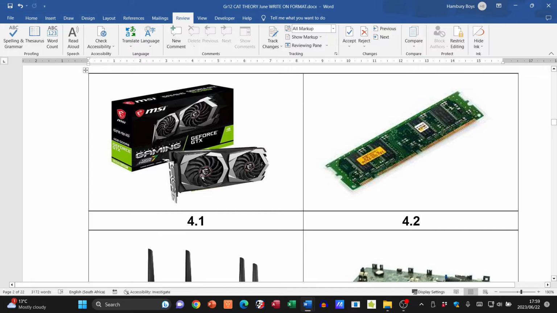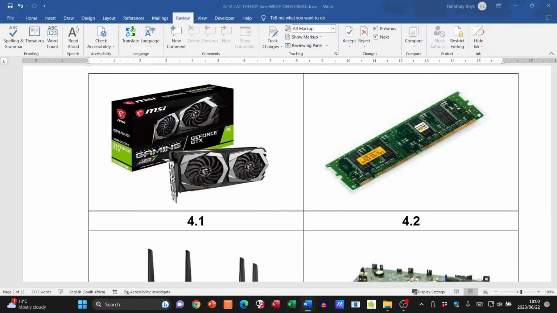So if I just look at this picture over here, I can see, well, this is some sort of a card, some sort of expansion card. It's got 2 fans on the card, which means it's designed to keep it nice and cool. For those of us who are familiar with this, will know that this is a graphics card. Now, if your laptop comes with graphics, comes with a VGA port, and things like that, why would you need something like this? Well, to give you better graphics,